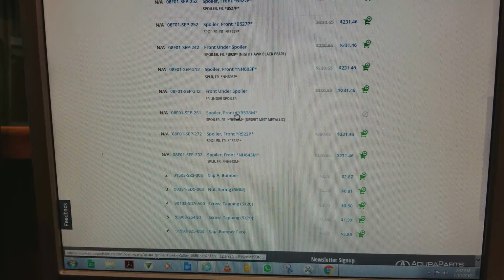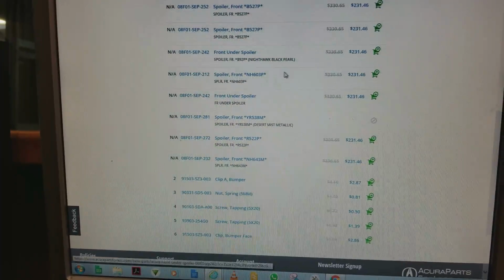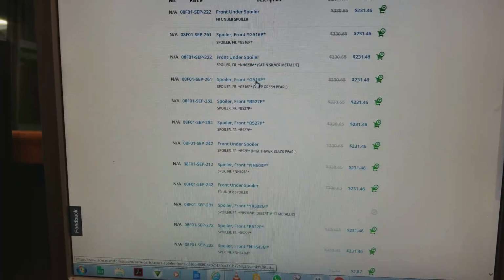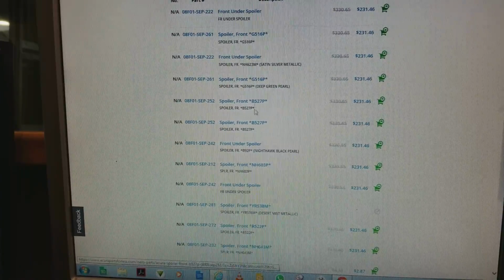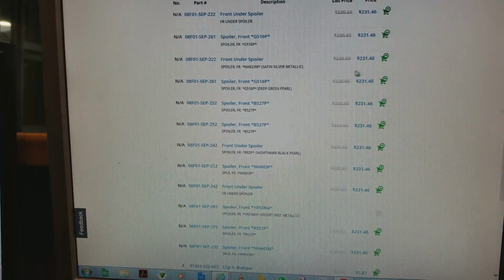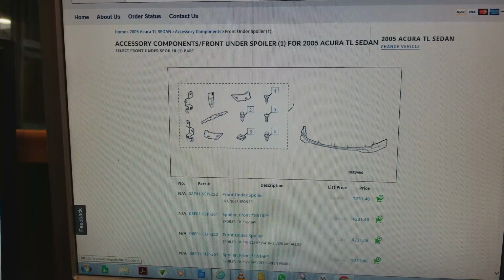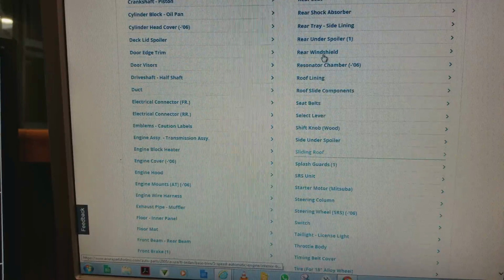They have all the colors except the desert. They don't carry that color anymore. But they have the satin silver metallic, the deep green pearl, the Nighthawk black pearl. They have all of them. All of them are in stock. The shipping is probably gonna be like $100, so it'll bring it up more, but it's in stock. So if you're looking for the rear spoiler, that's the front, and then you go to the rear